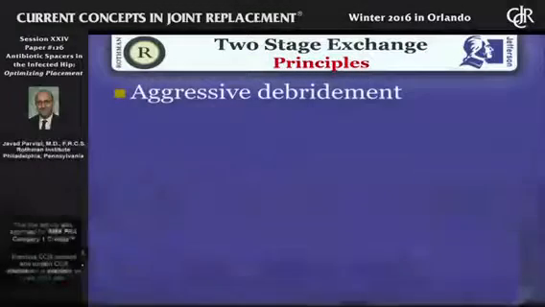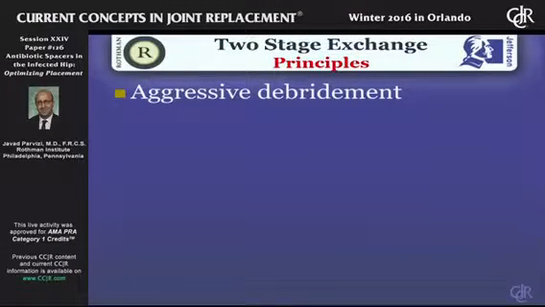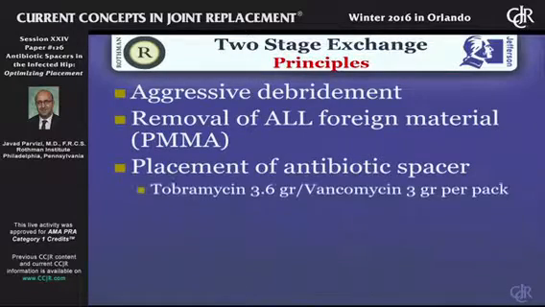So I've been given the task of talking about the spacers. I think two-stage exchange still remains the most preferred method of treating chronic periprosthetic joint infection, although there's been a move towards adopting the one-stage exchange, and hopefully with more data we will know which patients qualify for the one-stage. But in the meantime, with the two-stage exchange, the principles still remain the same: aggressive debridement, and as George Tierney